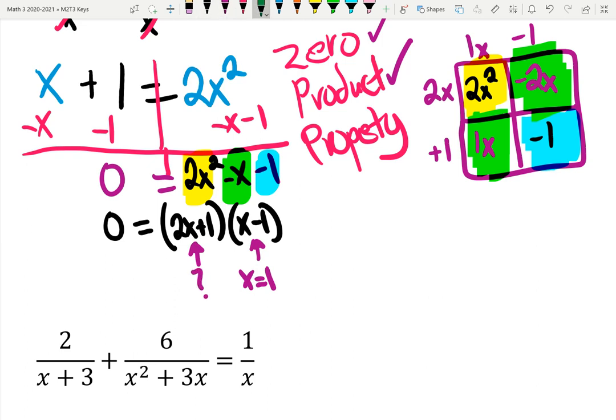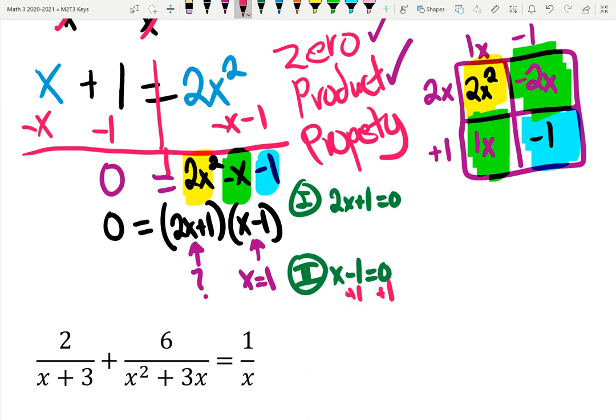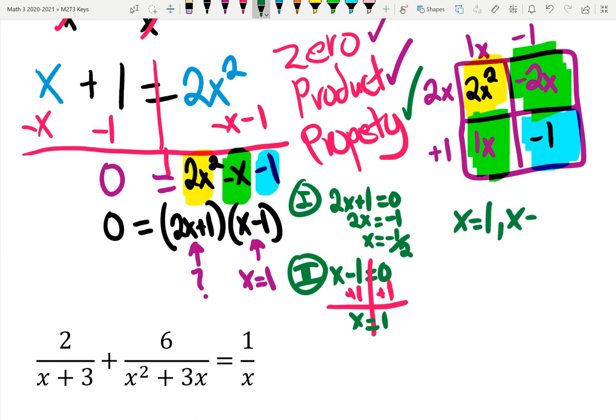Remember, the property part is you have it, when does 2x plus 1 equal 0? When does x minus 1 equal 0? And using inverse operations, you can identify this exactly. Oh, x has to be 1, just as I knew. I go ahead and subtract 1 from above, and it gets 2x equals negative 1, and I divide both sides by 2, getting negative 1/2. So I figured out using the property that my solutions are x equals 1, x is equal to negative 1/2,